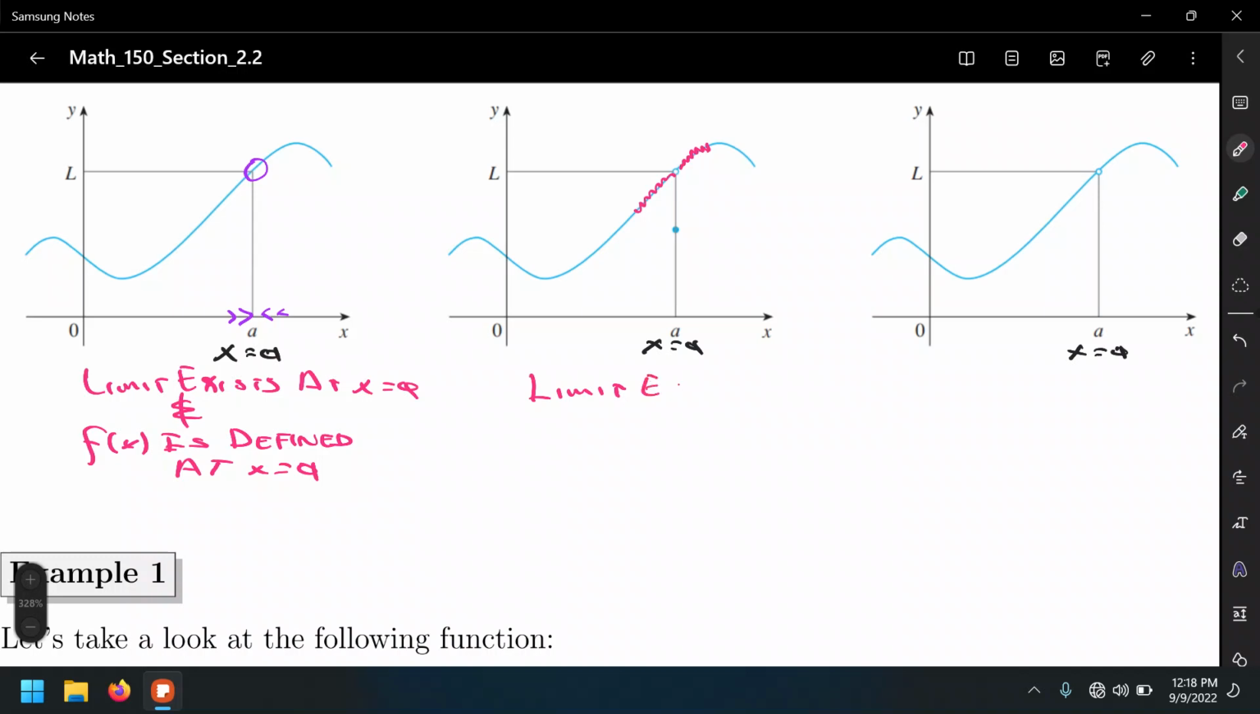So the limit exists at x equals a, and the limit is this y value, which we call L, whatever that value is. We're going to look at some numerical examples soon. Right now I'm just giving you the bigger picture. How are we going to approach this? And also, f of x is defined